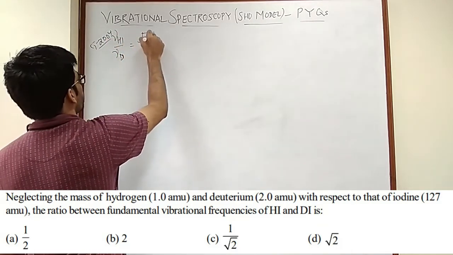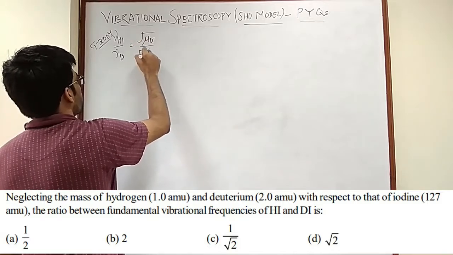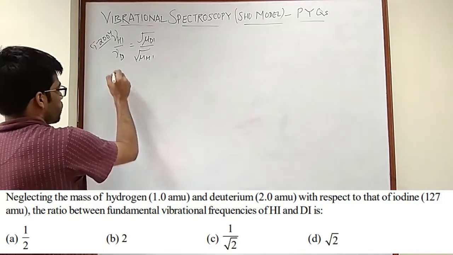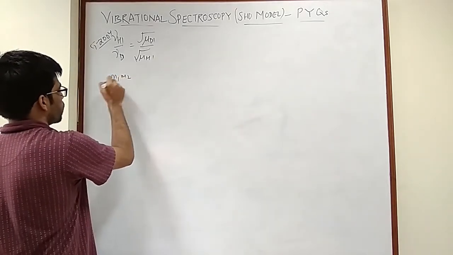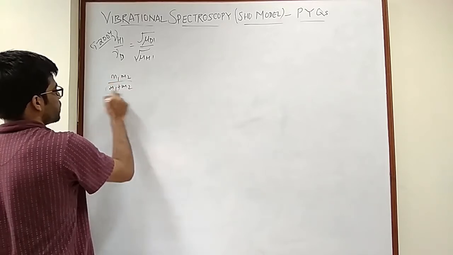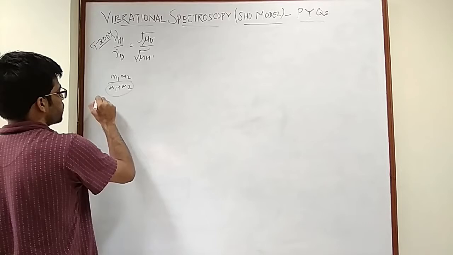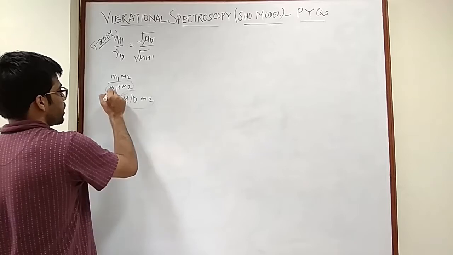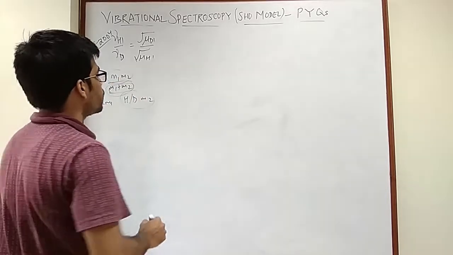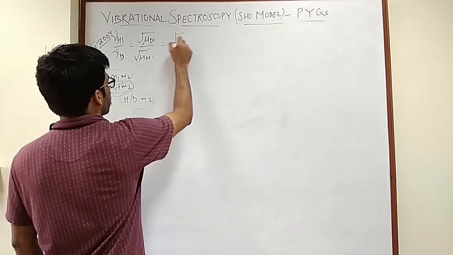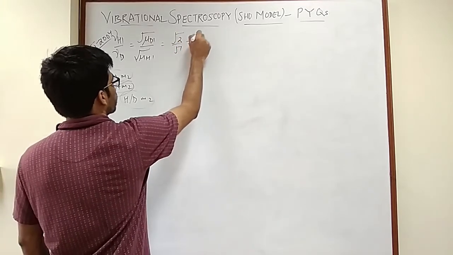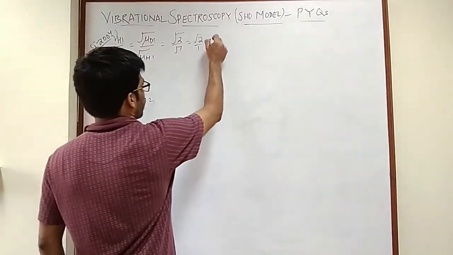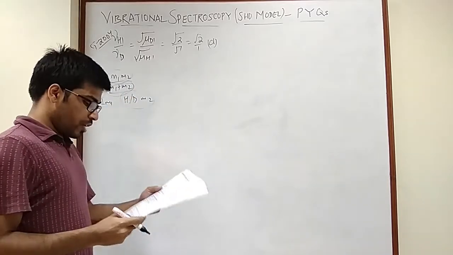Now we know this will be mu DI by mu HI. Now when they're saying you have to neglect the mass of hydrogen and deuterium with respect to iodine, in this case let's consider iodine is your M1 and H or D is your M2, so neglect this in this case, but it will still be present here. So that would be simply root 2 by 1, which is given in your option number D. Okay, so the next question we have is from GATE